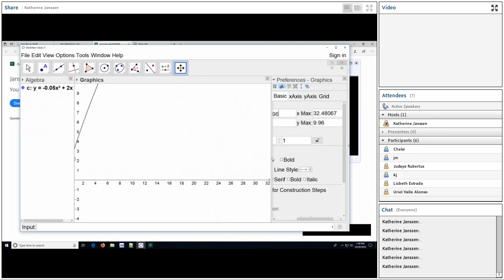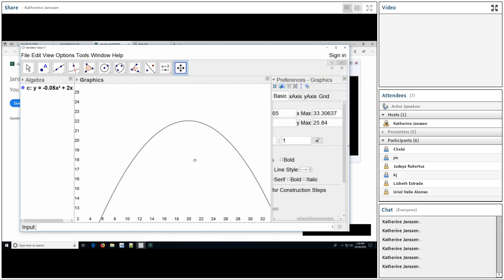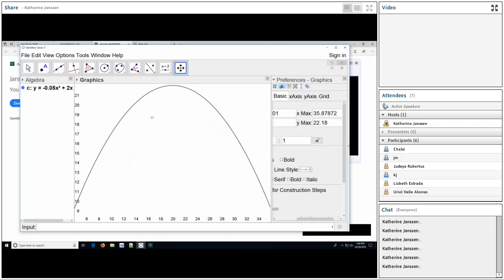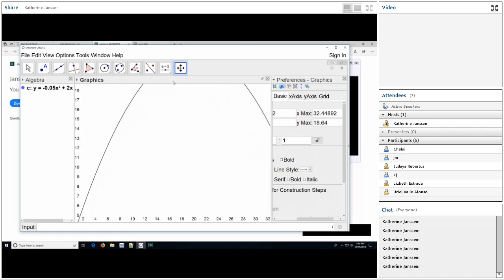Okay, I'm panning back. And then our Y minimum and our Y maximum. Well, our Y minimum would be 0, but our Y maximum's up there about 22. So maybe try 0 again for Y for a minimum. And let's see what happens to our window. Okay, that looks a little more doable. There's our 0 point